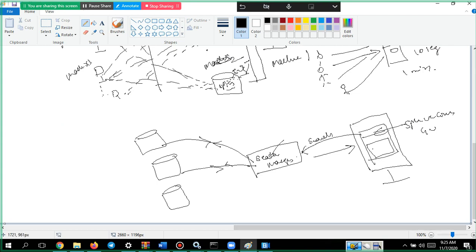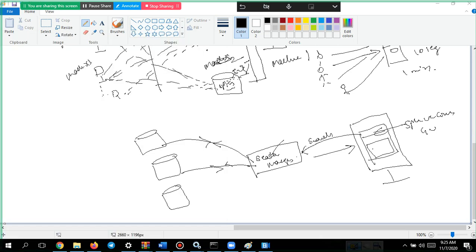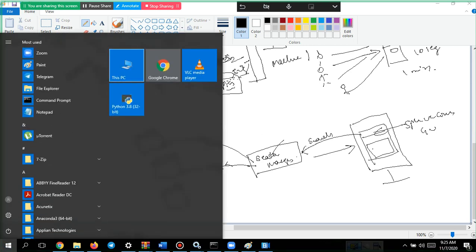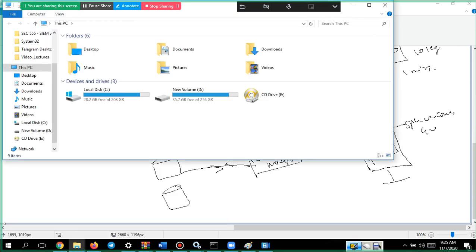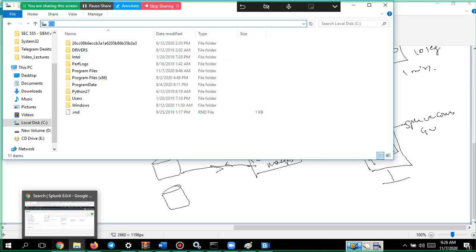The Splunk servers have some drives, or say, folders. Take this as my computer; my computer is a Splunk server. Just remember, the C drive and D drive are two different folder locations. Whenever I want to go to the C drive, I have to give a query for that particular location.